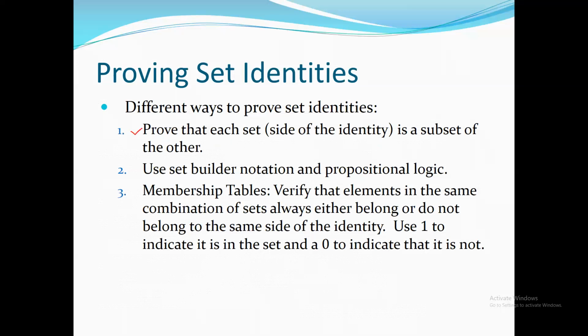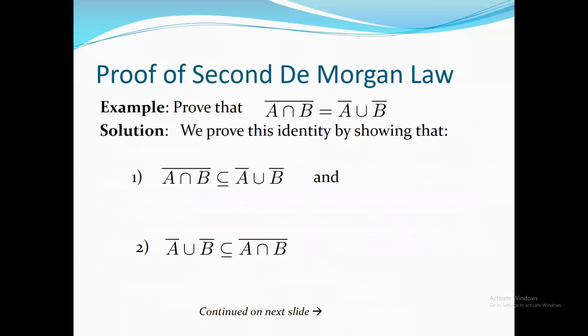We'll see all these in detail. The second method is to use set builder notation and the propositional logic to prove it, right? And the third one is the membership table, right? So let's see how we can apply all these three methods to prove the set identities. So, proof of the second De Morgan's law. What is that? (A intersection B) whole complement is equal to A complement union B complement. So let's prove it with the help of the